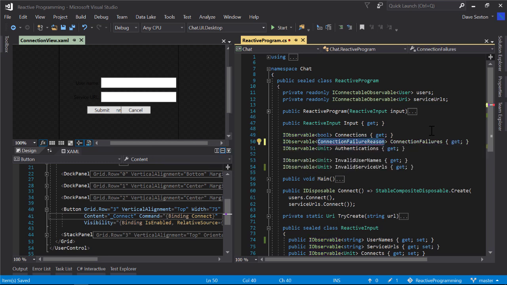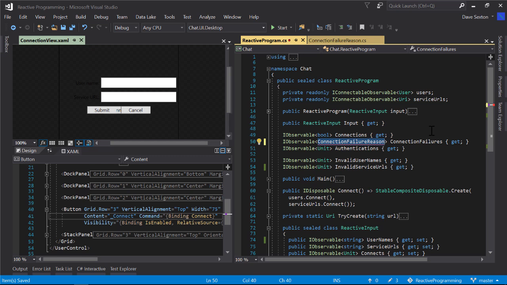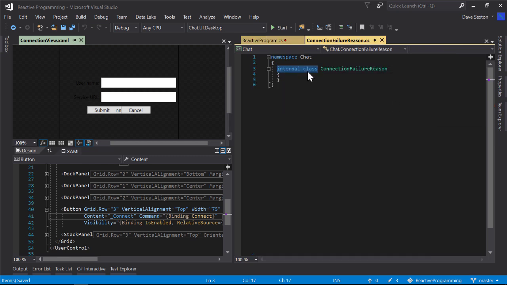And now connection failure reason, right now it's just an enum. Well, it's nothing, but I'm just going to go ahead and create an enum in a new file. And that could be whatever makes sense to us. Actually, instead of an enum, we could also just make it a string, right? Which is not so bad either. It depends. Do we want to display the actual error message from the server, or do we want a sort of